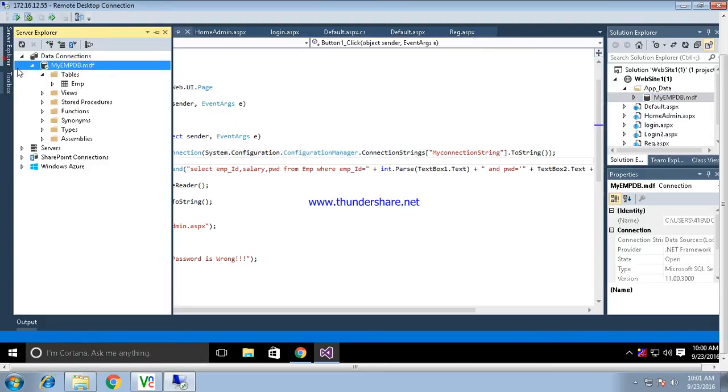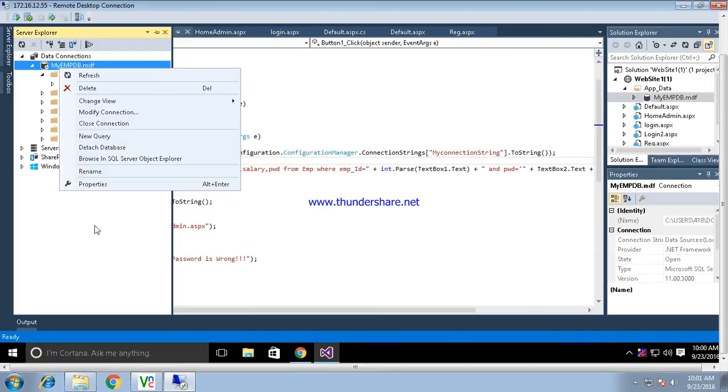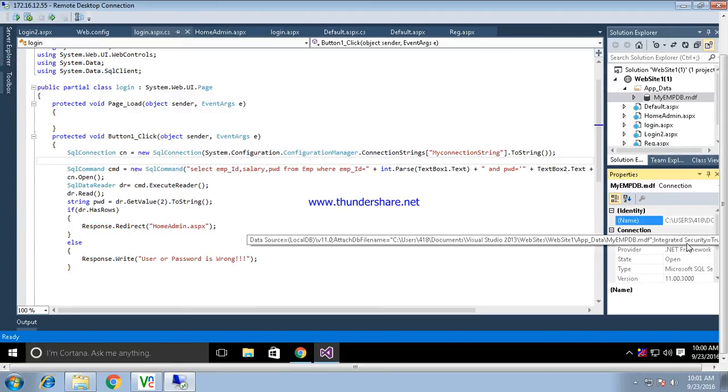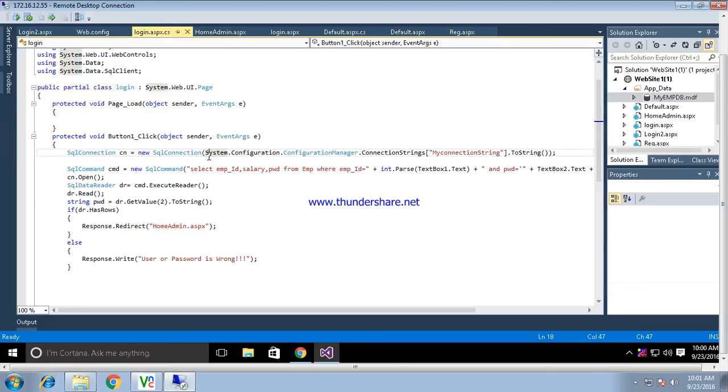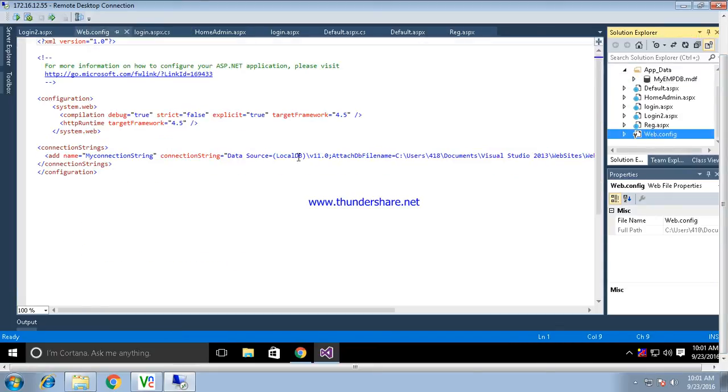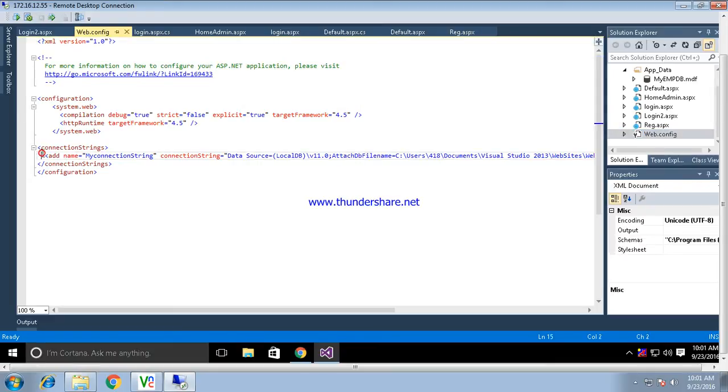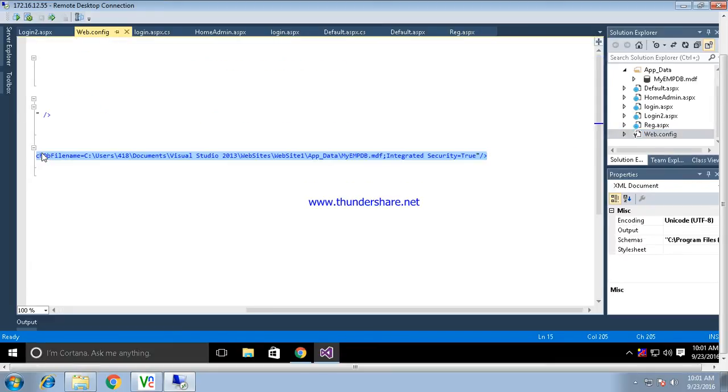Okay, so this is a connection string that we have, and this connection string is nothing but the unique path of a specific database. We have seen the two ways yesterday. Either you can specify the connection string individually within a connection object, or you can specify it within web.config. So this is my web.config file. Within the configuration and connection tag, I am able to specify the connection string over here.